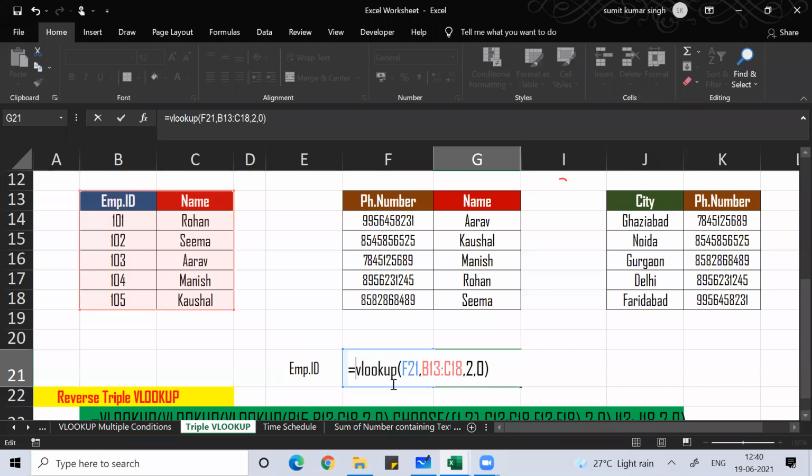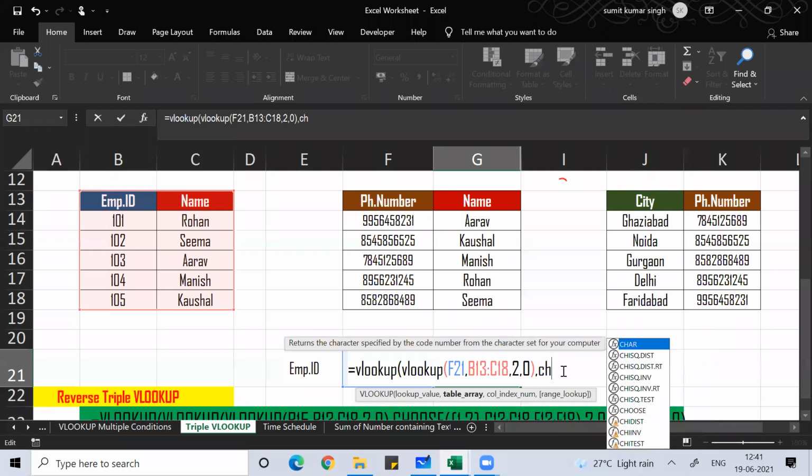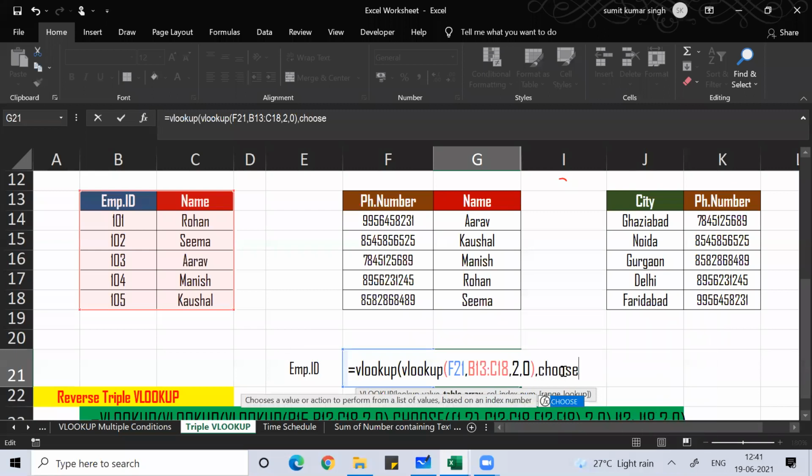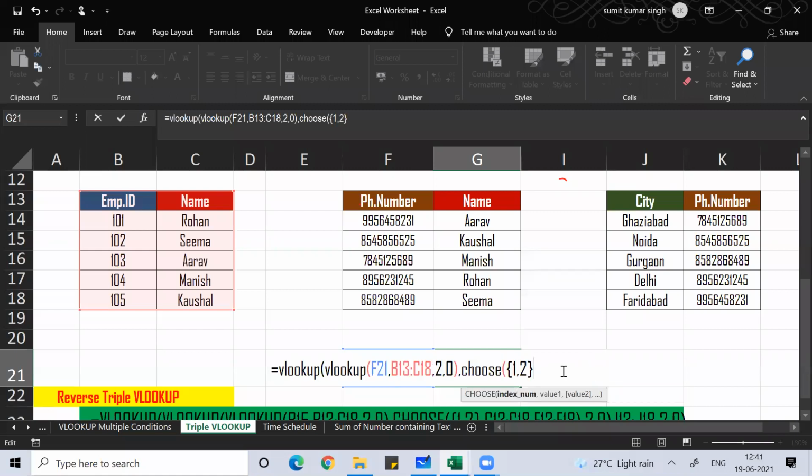Now, once we get the name, VLOOKUP. For this name, I want the phone number. So choose, open bracket, curly bracket, 1, comma 2, close curly bracket, comma.